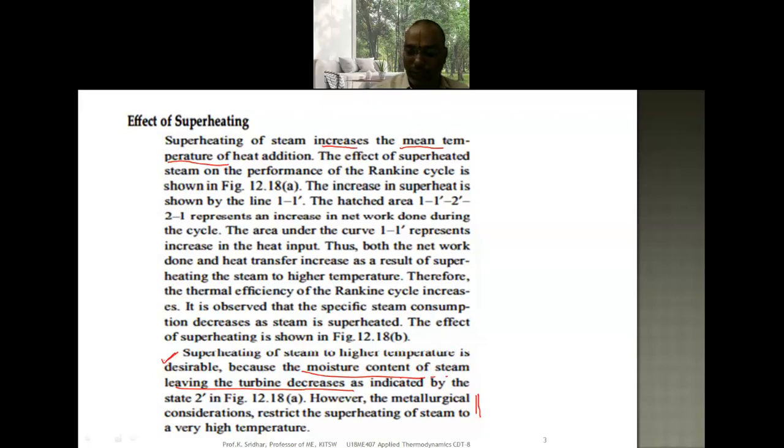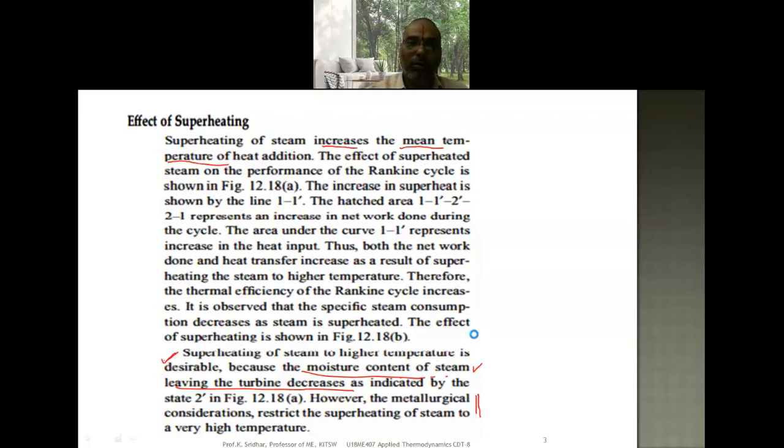which is entering into the turbine, because it basically avoids erosion problems as well as corrosion problems and pitting of the blades. So these problems will be avoided whenever the exit of the boiler is superheated steam and it is entering into the steam turbine. So now this is the effect of the superheating.